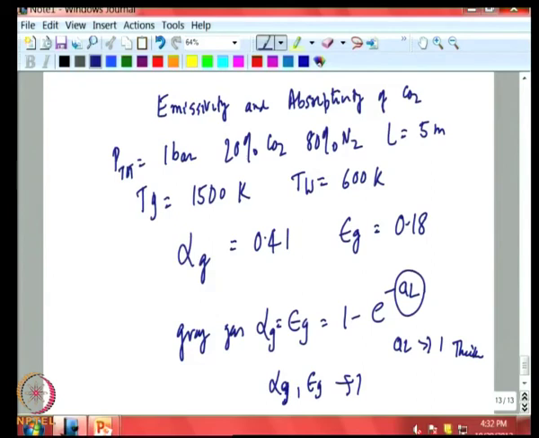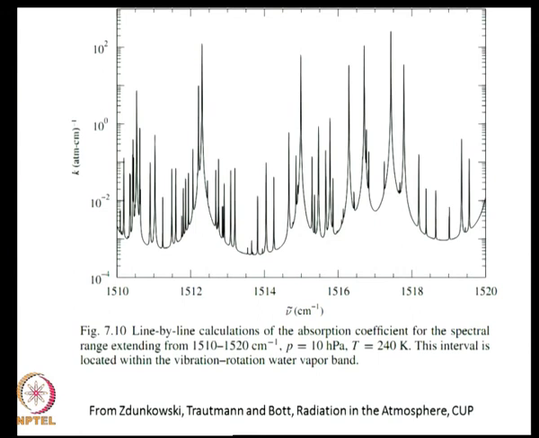Now, in all the examples done so far, we have relied primarily on empirical data for band absorptance. Now, the question is, how is this calculated? To illustrate that, let us go and look at the problem here. Here we have shown